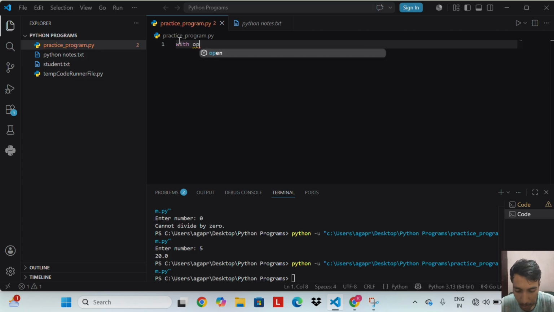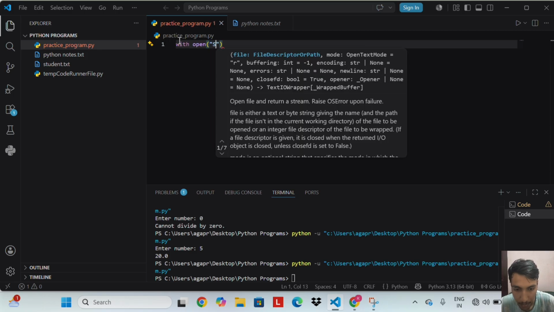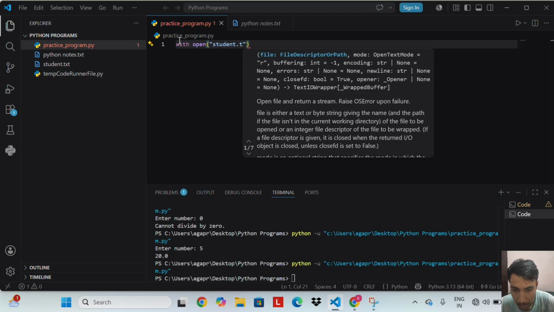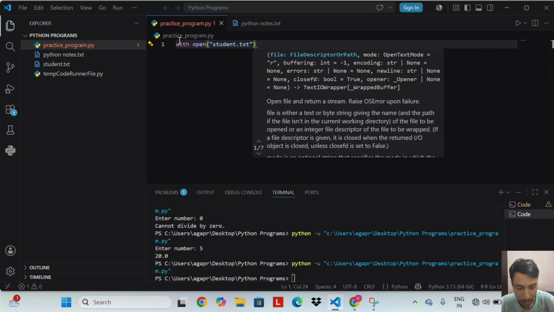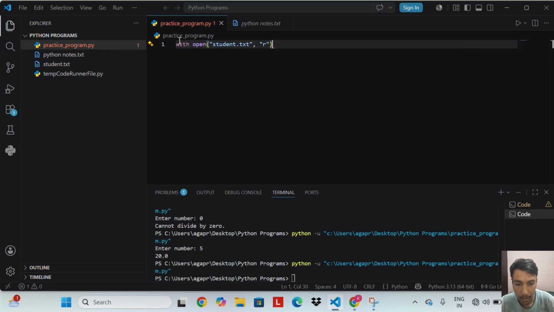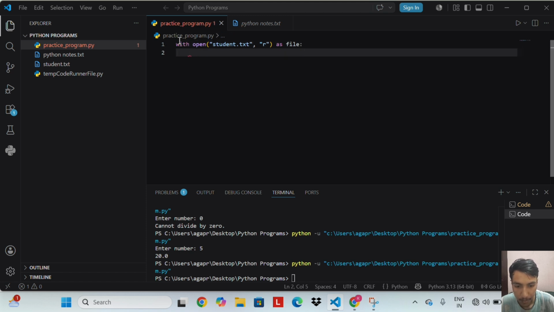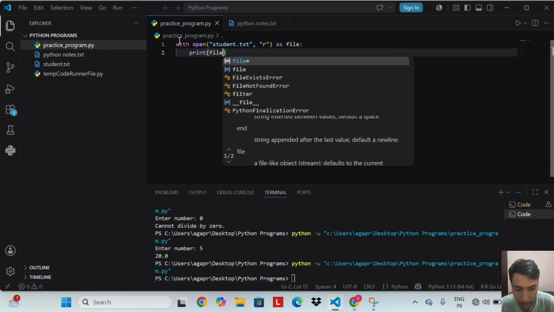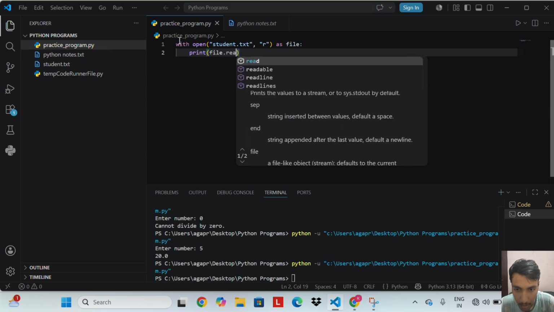with open("student.txt", "r") as file: print(file.read()).